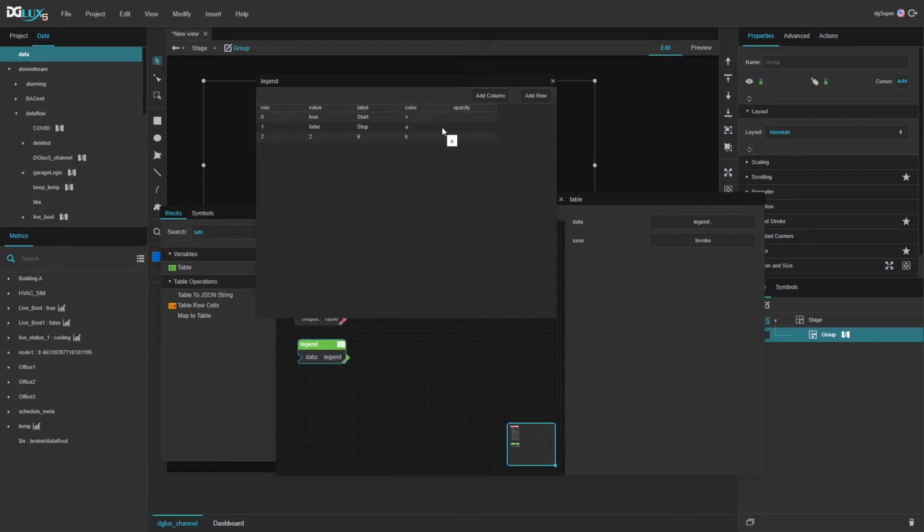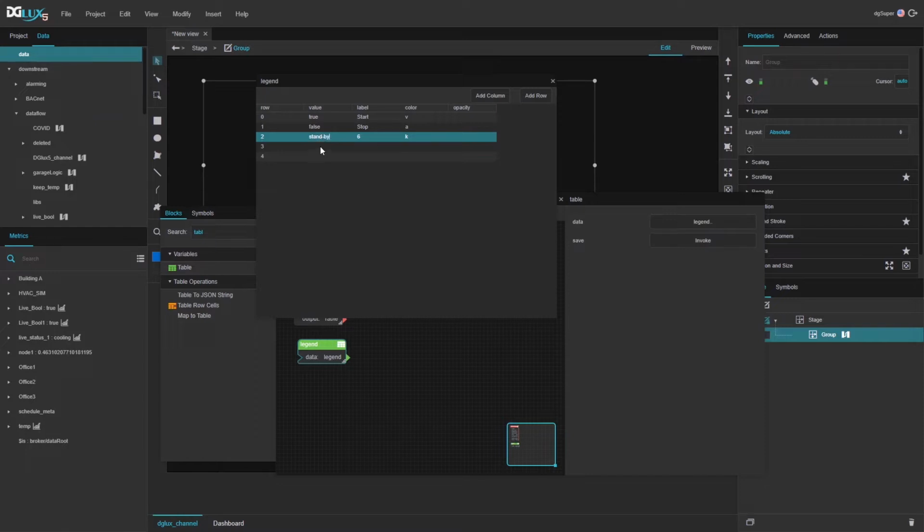Of course, this page will be available to you for download in the comments section, so you'll be able to tweak it to your needs, hopefully once you watch how this is made. All right, and for colors, I'm going to use already, well, actually, let's continue with values first of all. So I have true, false, and then I have three more values. So in my live status point, I have three possible values, which is